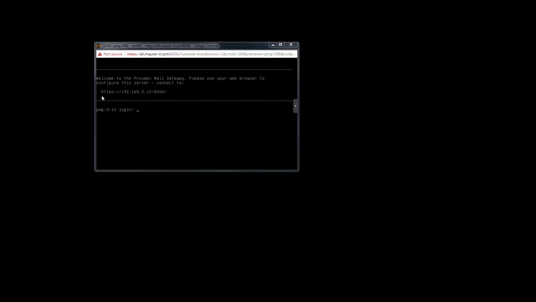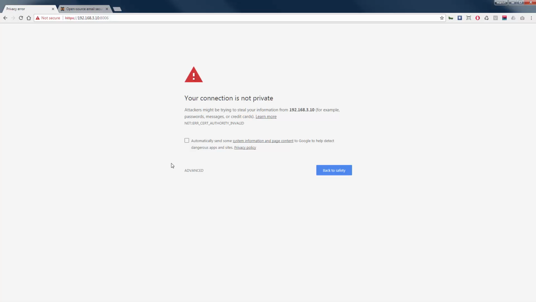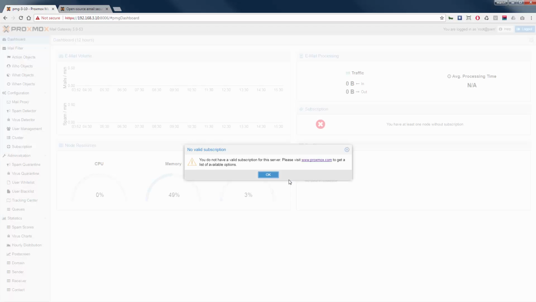After the reboot has finished, you can open your browser and point to the listed IP address. And now, let's log in with username root and the password you defined before. You will see a notification pop-up informing you that you don't have a subscription key on this system. The pop-up will disappear as soon as you get a support subscription and upload the key. The pop-up does not have any influence on the features or functionality. The complete feature set is included and is functional even if you do not have a valid support subscription.